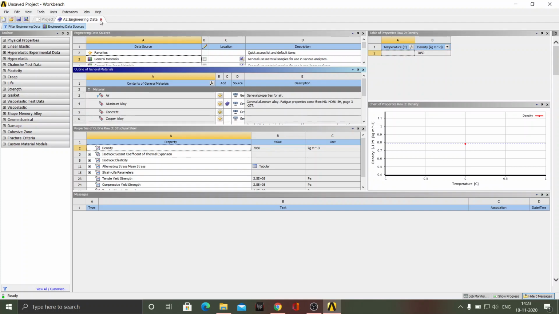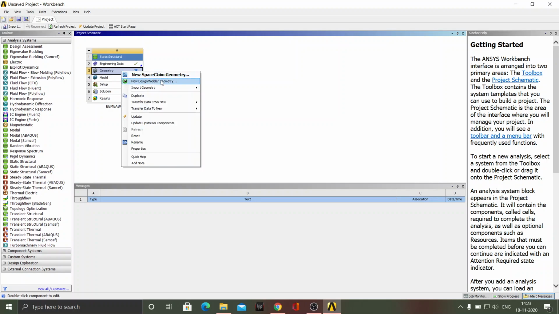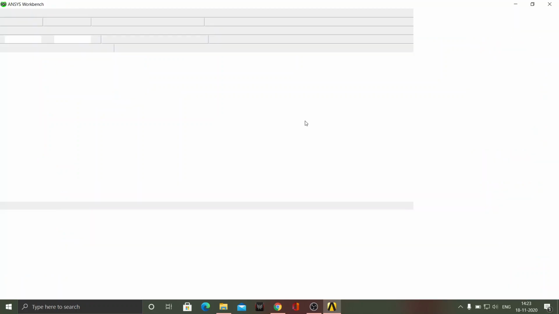So next we will close this, and then we will click on geometry for geometry creation. So we will right click on this, and we will go with new design modeler geometry. That will again open a window in which we can model our required component.